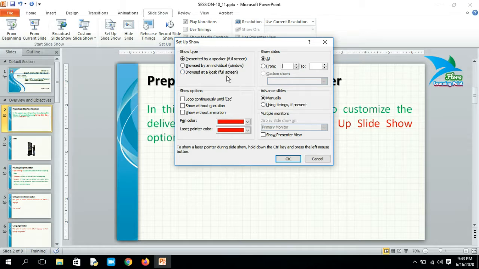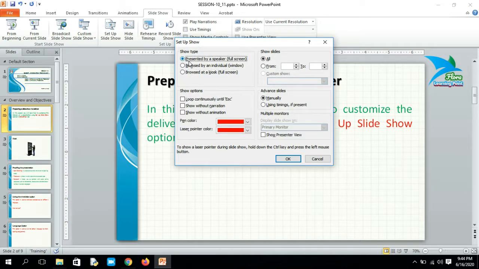Kiosk, basically, is a specialized computerized terminal which is used for displaying some kind of presentations or advertisements in shops or anywhere else. So these are specialized devices. If you want to display your presentation on a kiosk device, then you have to click on this one, but this option will not work on your personal computer.